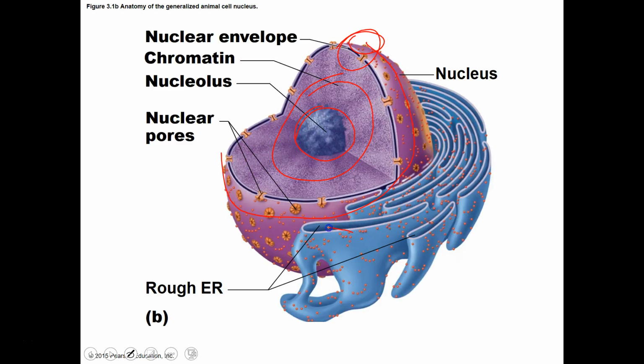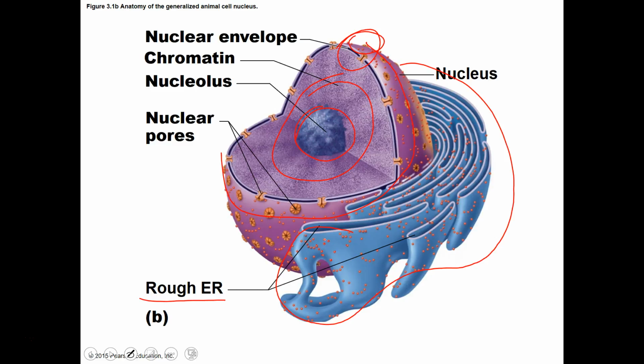You can also see this blue thing down here that's wrapped around that nucleus. It's called a rough endoplasmic reticulum, and it's rough because if you see all these little dots on the outside of it, these ribosomes, it gives it kind of a rough appearance. So that's why it's called a rough endoplasmic reticulum. We'll talk about the reticulum a little bit more when we talk about the specific organelles within a cell, and you'll have a better understanding of what its purpose is.